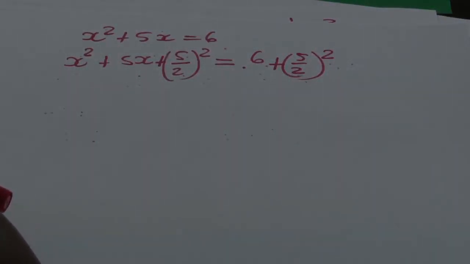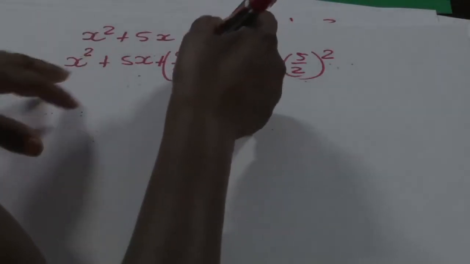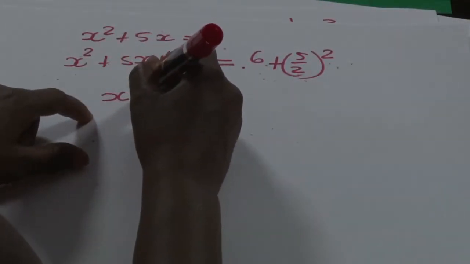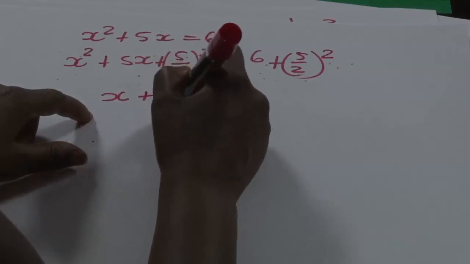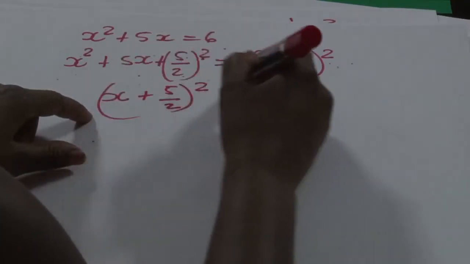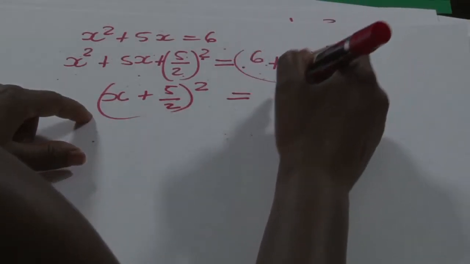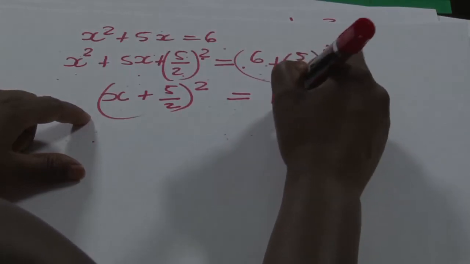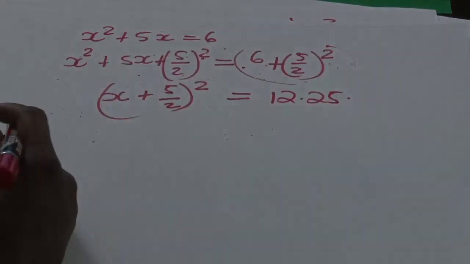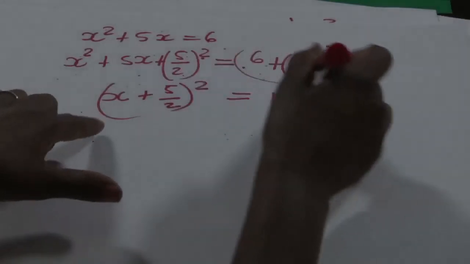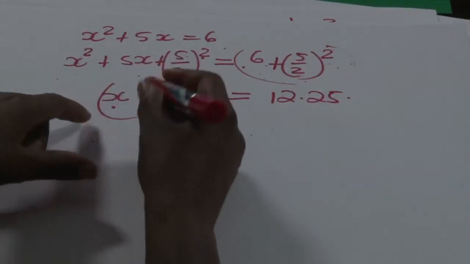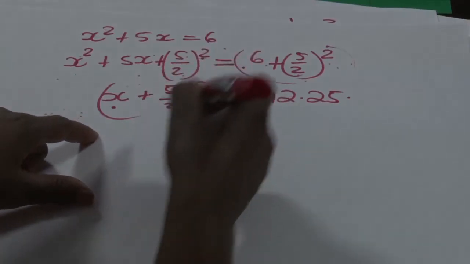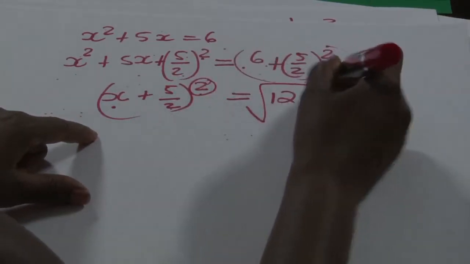Okay, completing the square. Then you take your calculator. After you work out this part, you end up having x plus 5 over 2, and then square. And this one, the answer here, 6 plus 5 over 2 squared, I think it will give us 12.25 if I'm not mistaken. Okay, then from there, to get x, x plus 5 over 2 squared,